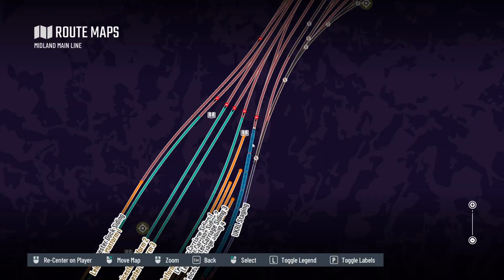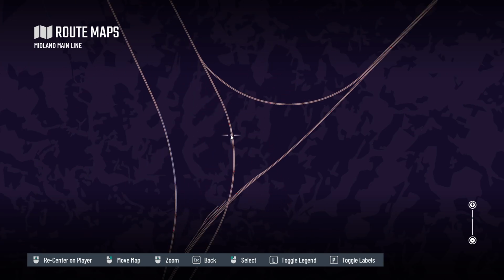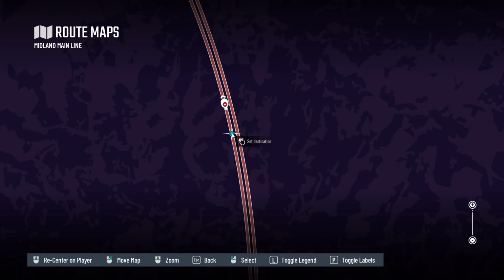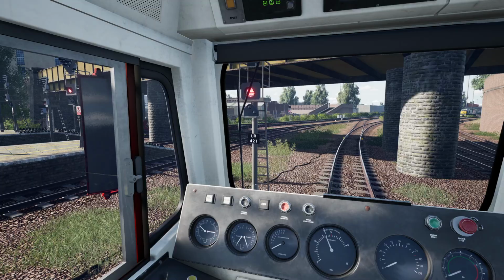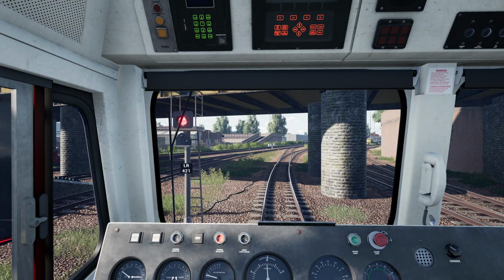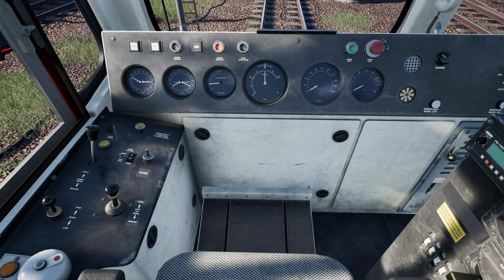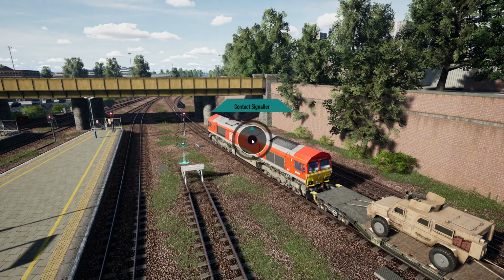There we go. Now what we're going to do is, this is a free roam run, so we are basically just running it up there. We've not got the road right now, so wait for that to get set for us. But what we'll actually do is run level ground here, so brakes off. Independent brake fully applied. And that'll then mean